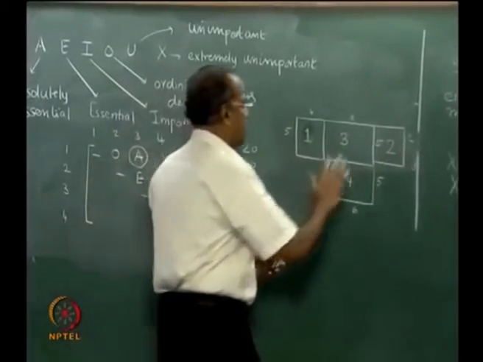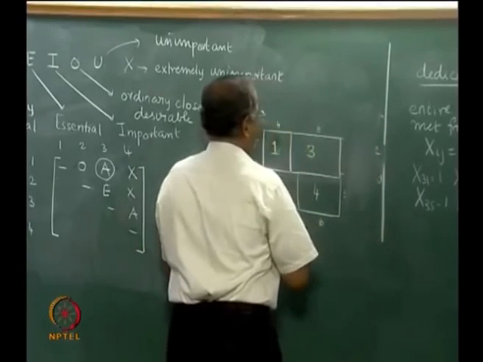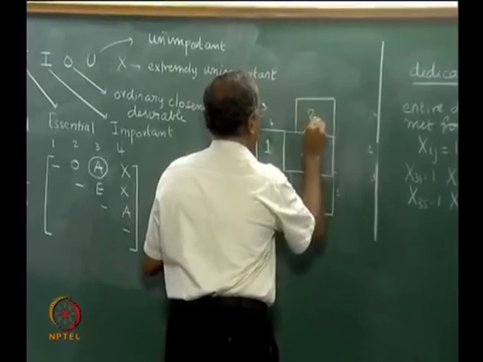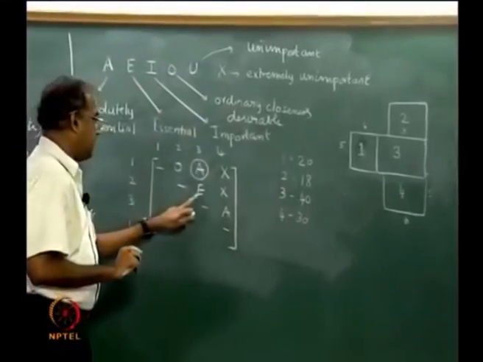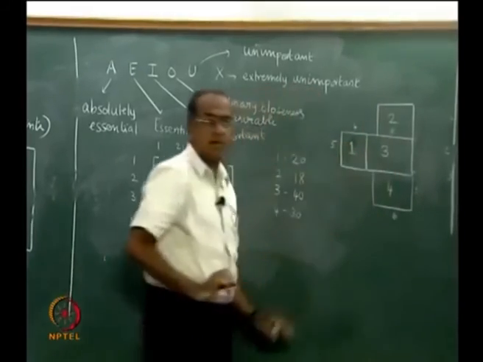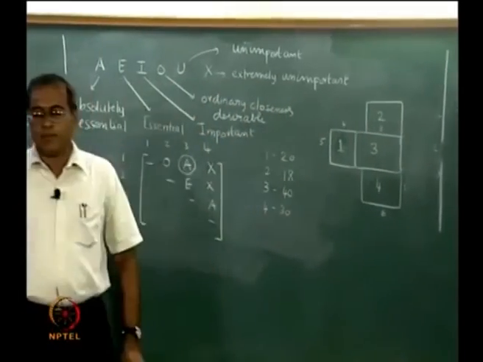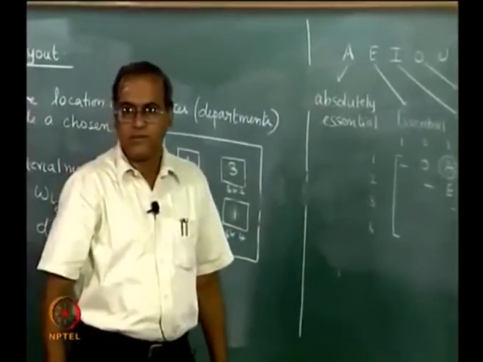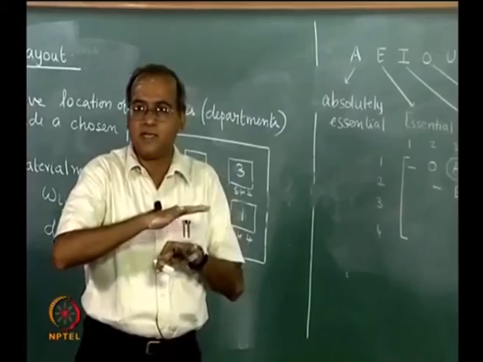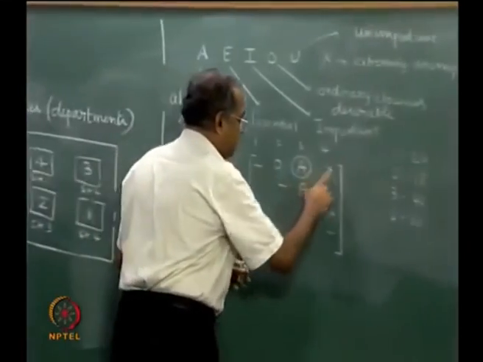Or we could think in terms of putting 2 above here, which could also be possible, because 2 to 3 is E, 1 to 2 is also O. So putting it above would bring 1 and 2 closer to each other. So typically one would say that this is how we could have the layout for departments 1, 2, 3 and 4. Now there is a certain amount of subjectivity in the whole thing, but there is still a certain reason and a scientific way of relatively placing them to take care of some of these.